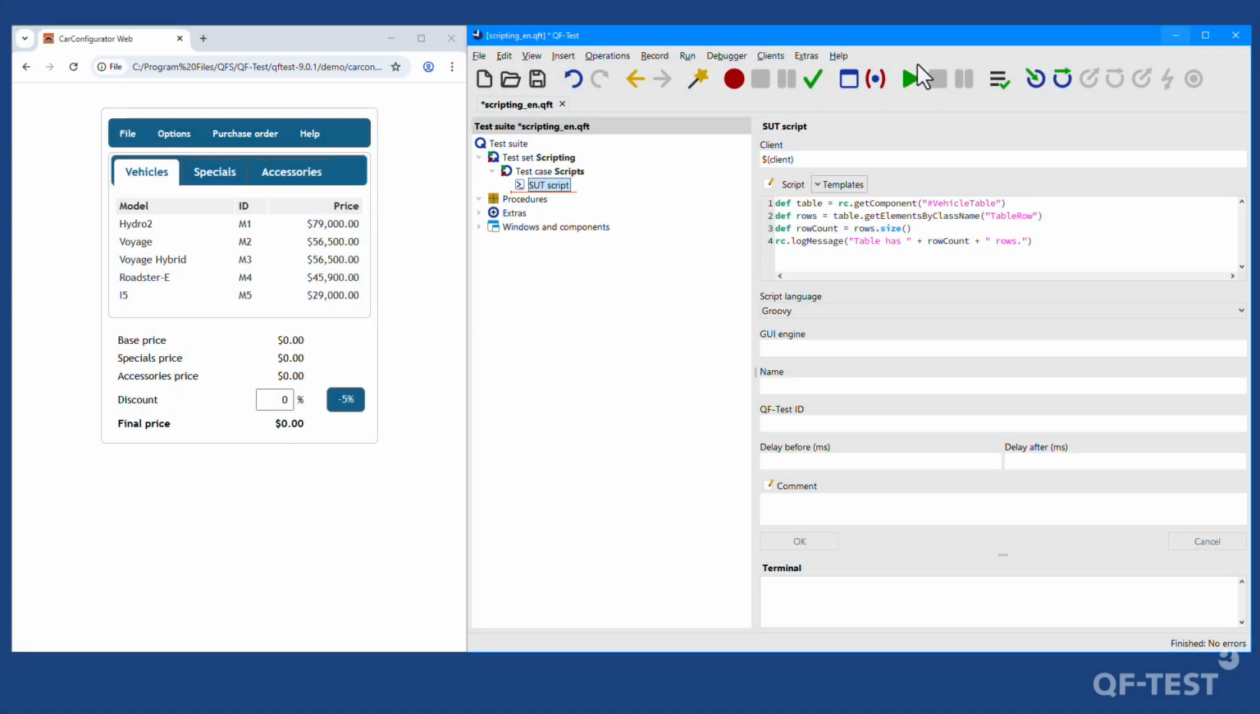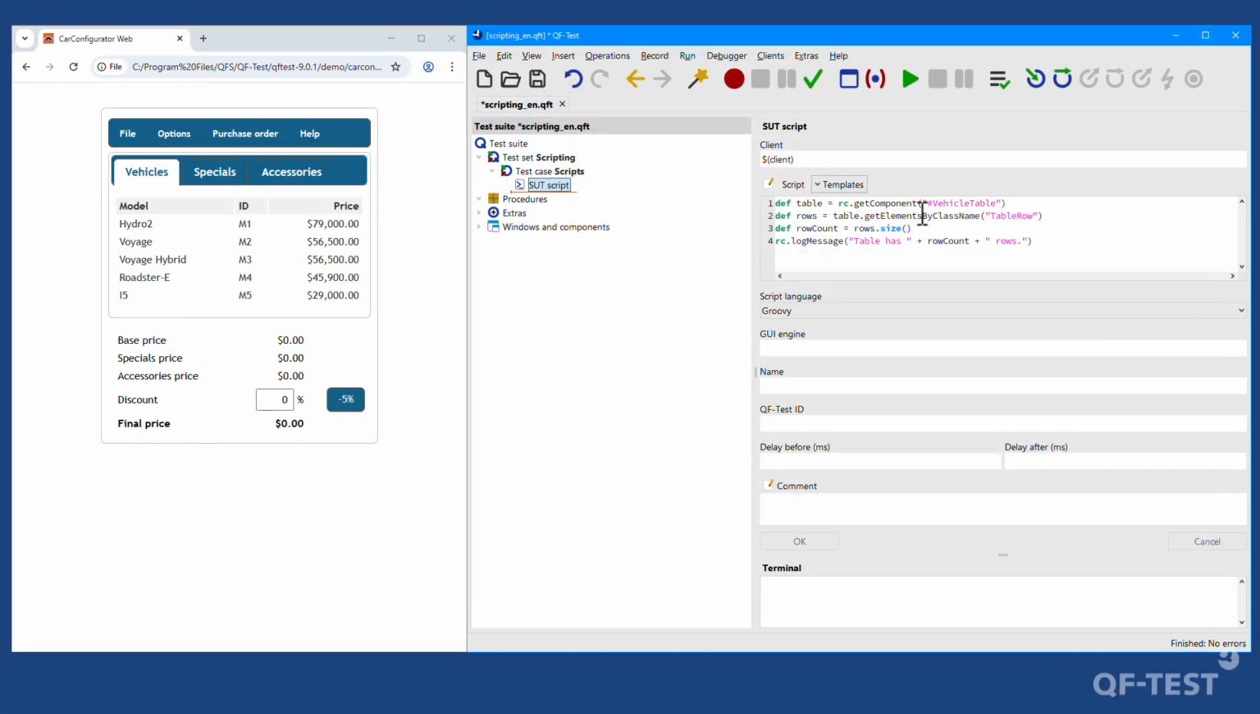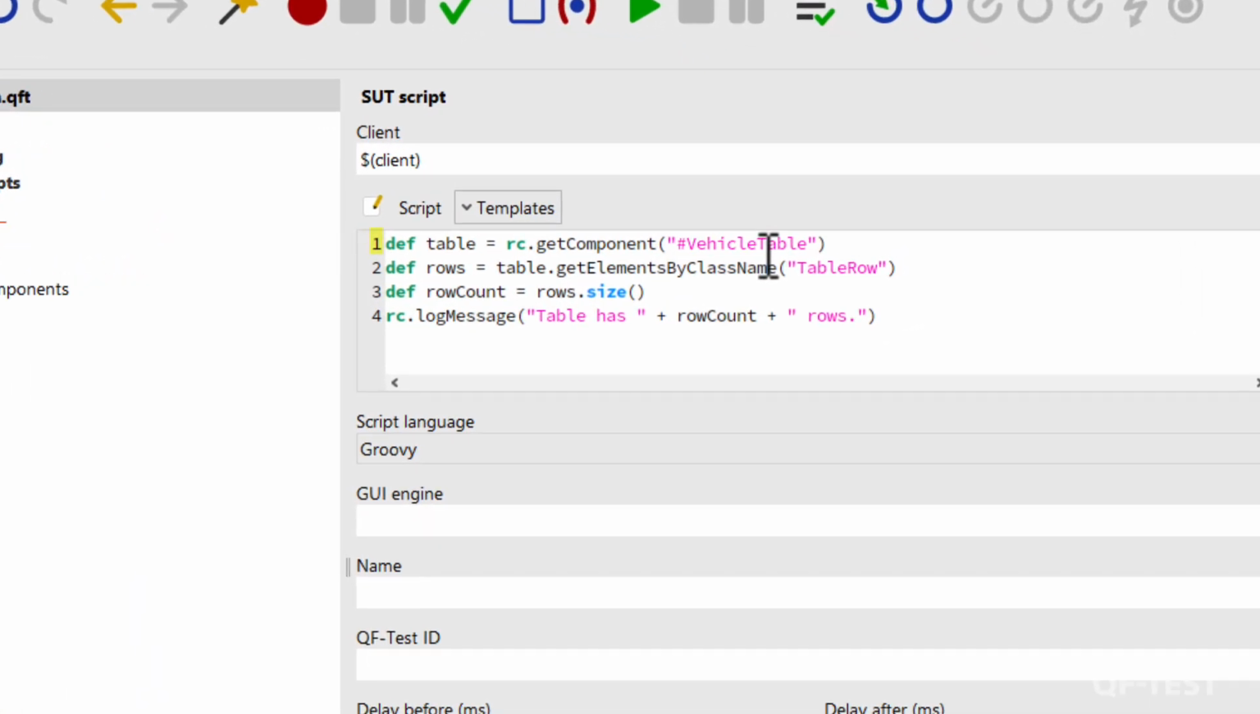When I now run the script, the number of table rows is written to the QFTest run log, which we can see accordingly. Let's go back to the script. You can see in line 1 and in line 4 that a variable rc is used there. This stands for the QFTest run context and offers you options for interacting with QFTest methods in scripts. In our case, the aim is to identify a graphical component, our table, and write a message to the QFTest run log. The run context also allows you to write your custom error messages to the run log or execute